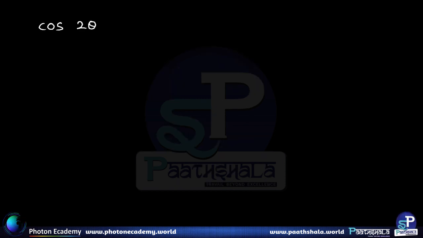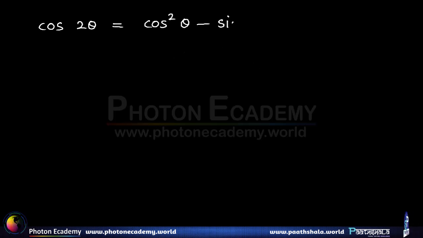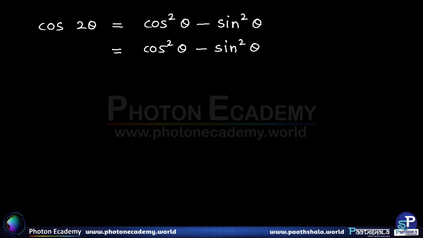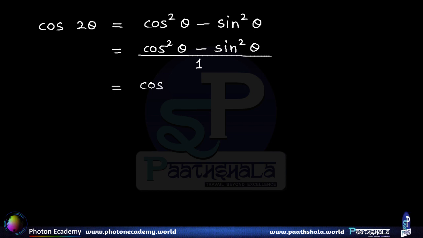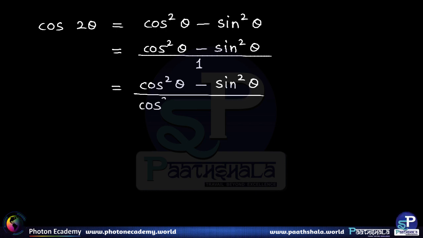We start by writing cos 2 theta as cos square theta minus sin square theta, which we just proved. Now what we do is another intelligent trick here: since the denominator is not written, that is nothing but 1, which is always present. So we have cos square theta minus sin square theta upon